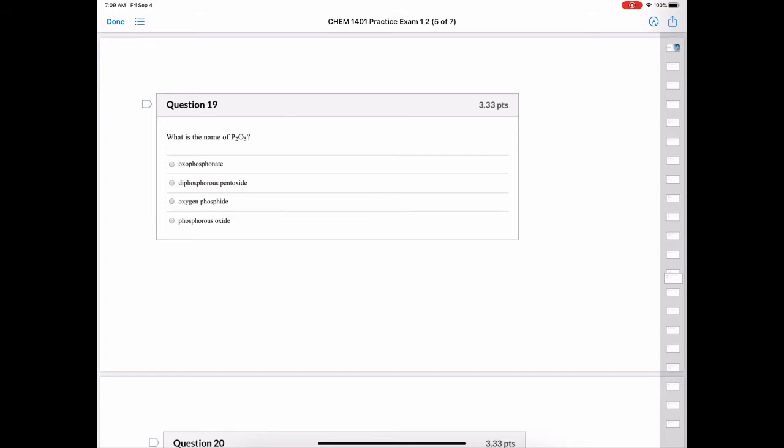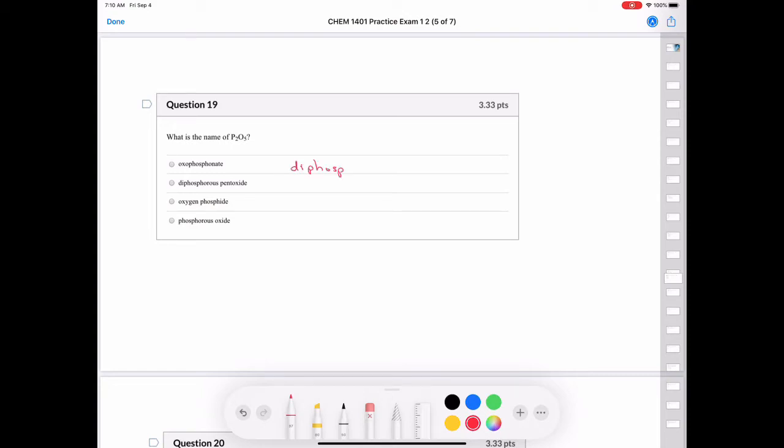Question 19, what is the name of P2O5? Well, again, this is a covalent compound because it is comprised completely of nonmetals. Phosphorus is a nonmetal and oxygen is a nonmetal. And so we have to use prefixes. For our phosphorus, we're just going to name it as phosphorus. And since there are 2 of them, we're going to say it's diphosphorus. And then we have 5 oxygens. The oxygen suffix changes to "ide", and so we have oxide, and we have 5 of those, and so it's going to be